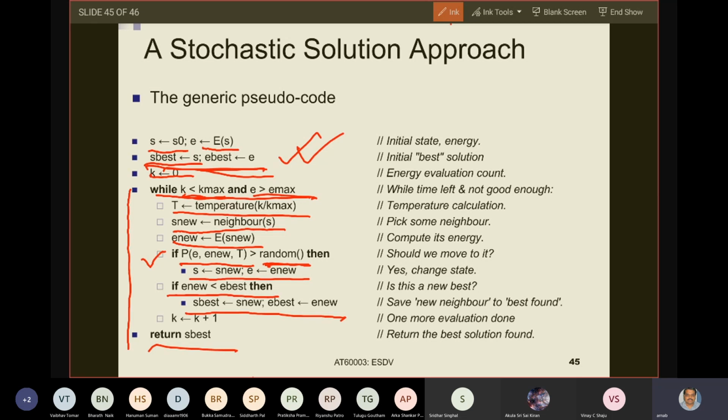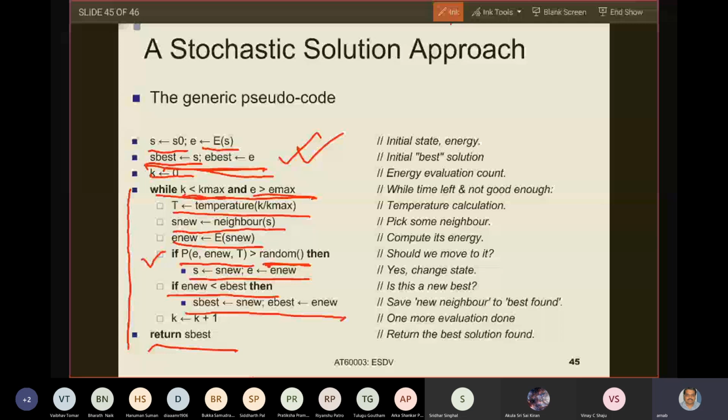Now, with respect to the annealing process of metals, as the temperature is cooled, the random movements of the molecules reduce, and you slowly fix into a certain crystalline structure as the temperature reduces. Similarly, as your temperature is reduced in the simulated annealing process, you go on lowering your probability of accepting worse solutions, and finally freeze onto a certain best partition. This is your objective.